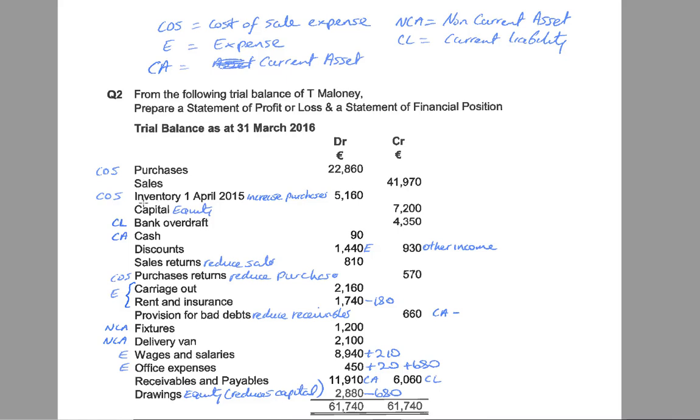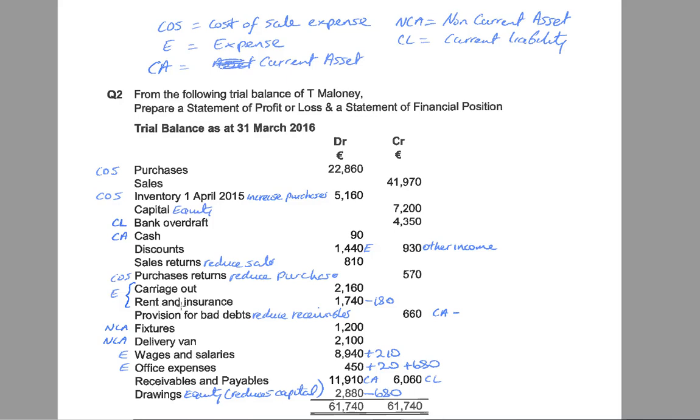And we go down, bank overdraft is a liability, and liabilities are on the credit side of the trial balance. Cash is a current asset. Discounts, so that's discount allowed and discount received. One is an expense and one is an income. So if you're not sure which,